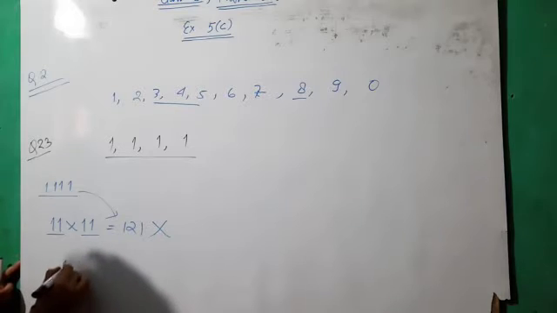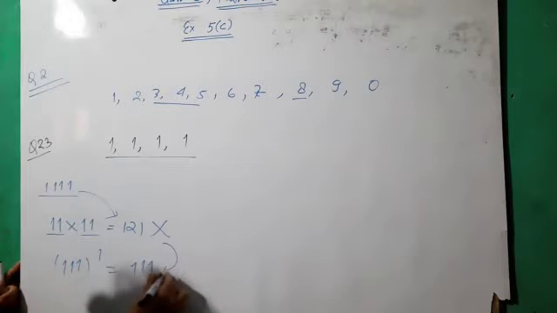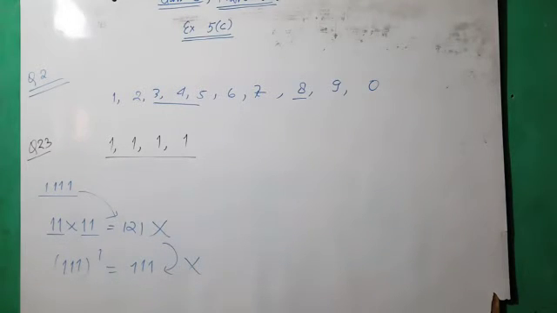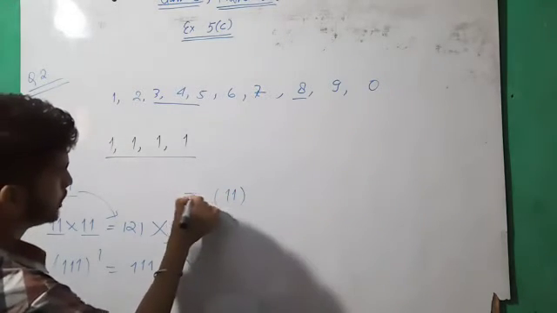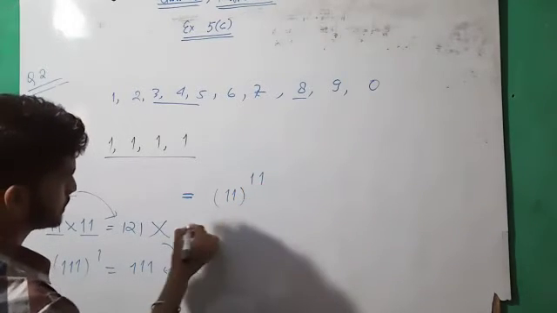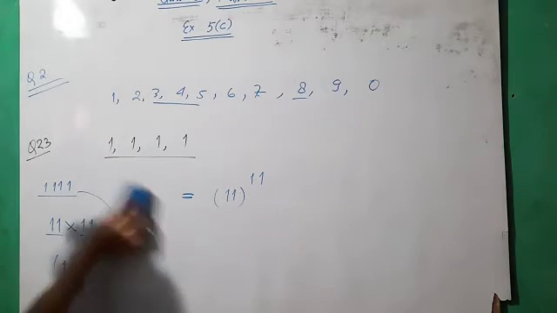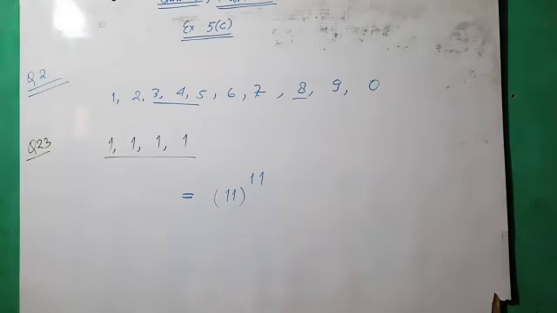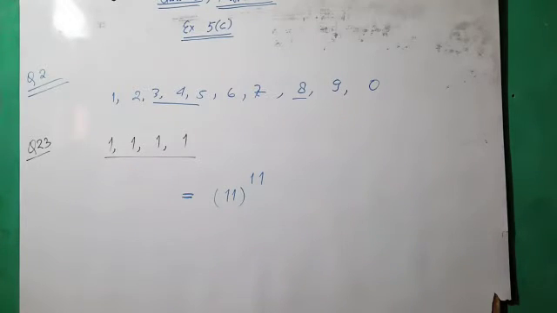Again, if you use 111 to the power 1, the answer is 111. This is less than this, so we cannot use this either. So for that, if we multiply 11 to the power 11, this is the biggest number we have to find out. You have to calculate this number on your own. This is the biggest number when the power of 11 is 11. So this is the biggest number by using these 4 numbers. Whenever you have to find the biggest number, you have to use the maximum power on a given number.